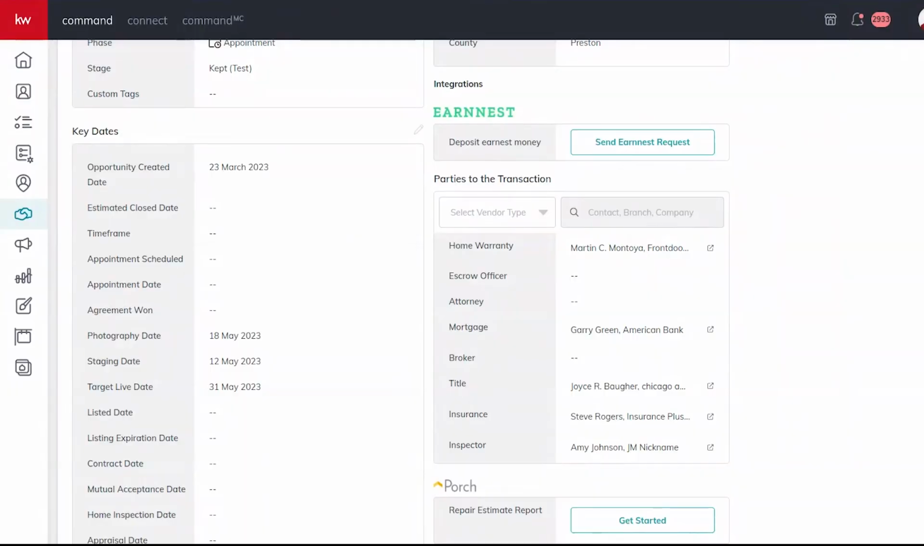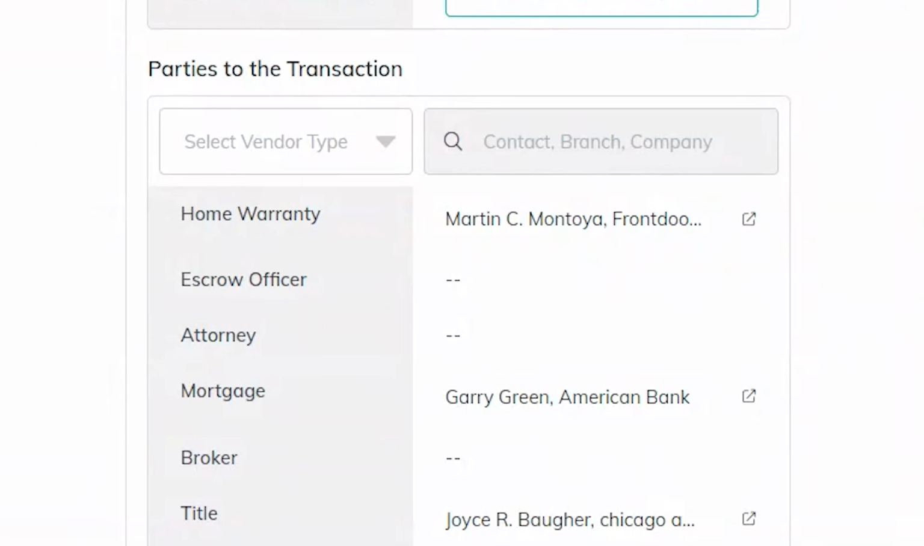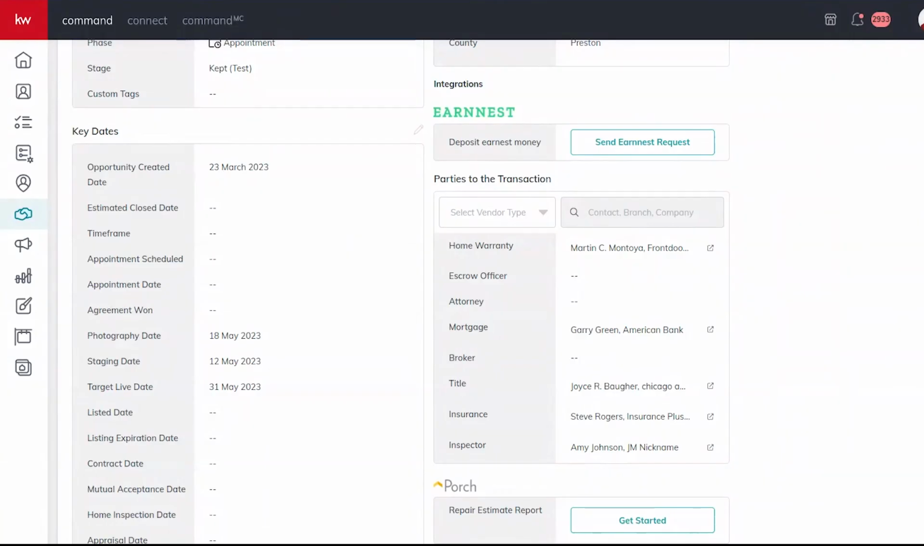I'm excited to go through with you some additional features of Command. Today, I want to talk about a new feature we have right here in our buyer or listing opportunities called parties to the transaction. Yes, it's here. So what this will do is it's going to allow you, the agent, to include who you're